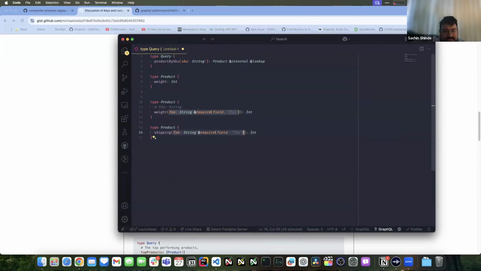How do you mean? Yeah, so suppose on product, you have another field, let's say size, and it's of a similar nature where you have an argument foo, and foo is, I don't know, boolean, let's say, and then I also have @requires field foo. In that case, this is also wrong. You technically take the time to infer what the type of foo is if they're incompatible.